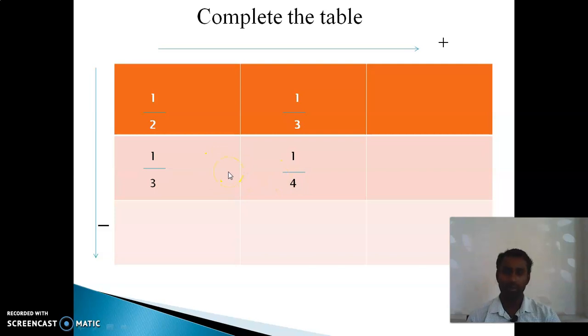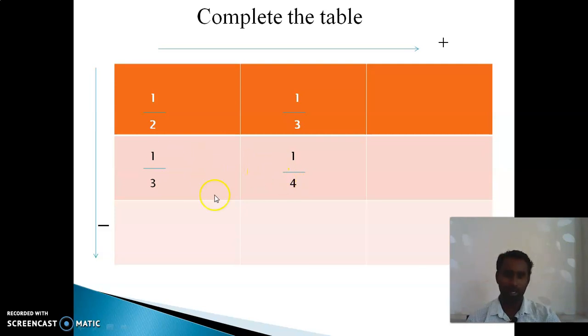So whenever you have to add any fraction, look at the denominator first. When the denominators are same only, you have to add the numerator and then you have to keep common denominator. But when the denominators are different, you have to use cross multiplication method or LCM method. Okay. So here 3, here 4. That means it is a like fraction or unlike fraction? It is an unlike fraction. So unlike fraction, how to solve? We have to take cross multiplication method.